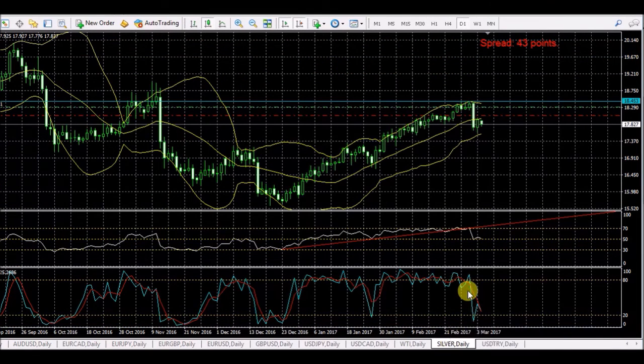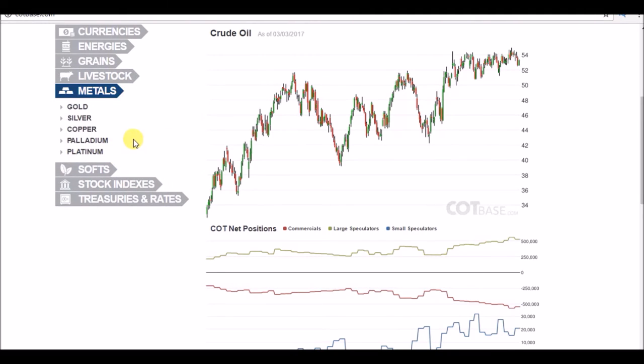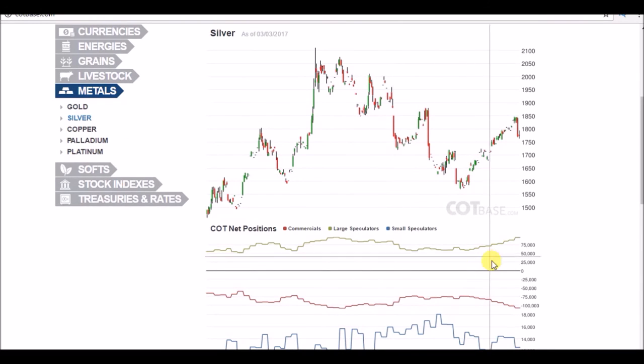Silver has done quite well on this. The commitment of traders, and I meant to say this last week. Let's have a look at metals. Yeah, the commitment of traders last week. Obviously the commercials have been short silver for a year, but they put this big position on last week, and they put another fairly large position on this week. So we are looking for this to short, and speculators are dynamically opposite. There we go.